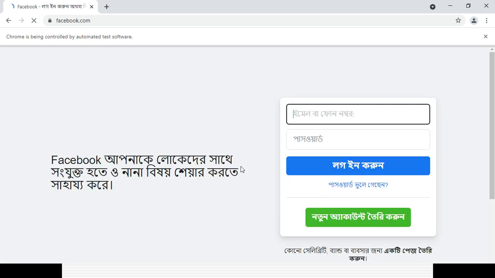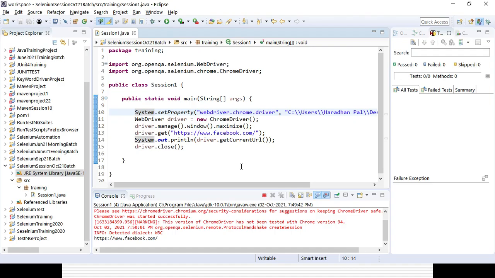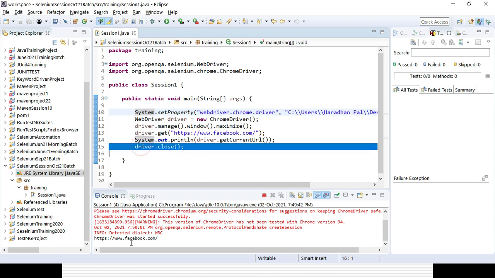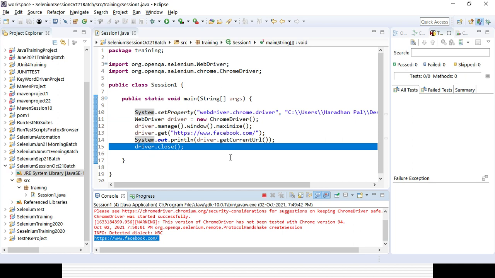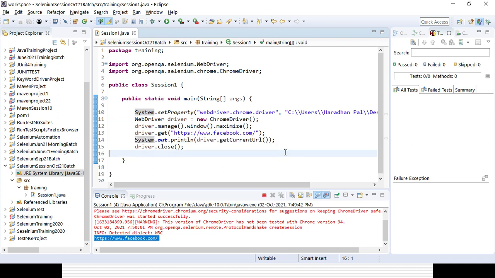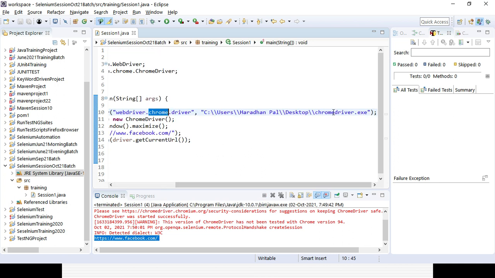Once the page is fully loaded, it will quit, closing the browser. You can see the browser got closed because of the lines of code I have written. And in the print part of the console, you can get the current URL, whatever URL you are getting. That is how you can interact with the different properties. In case you want to interact with the Firefox driver, you only need to change it to Gecko. For Firefox it will be Gecko, otherwise the same, and here you need to give the path of your Gecko driver, which will be geckodriver.exe.